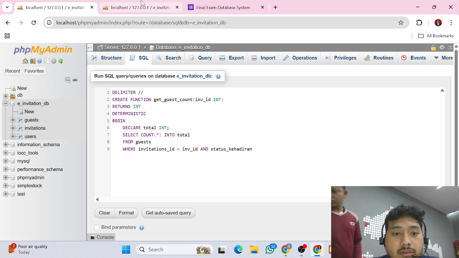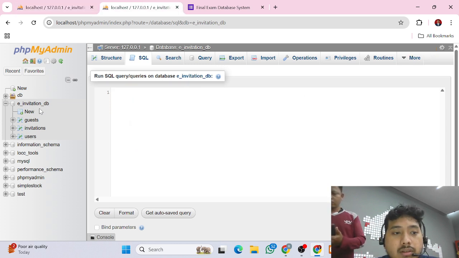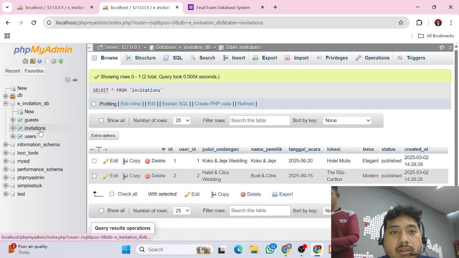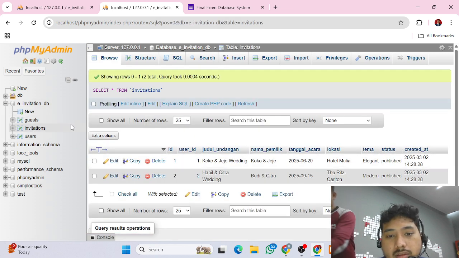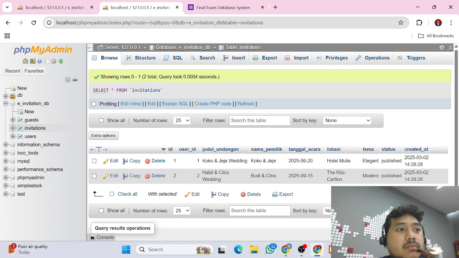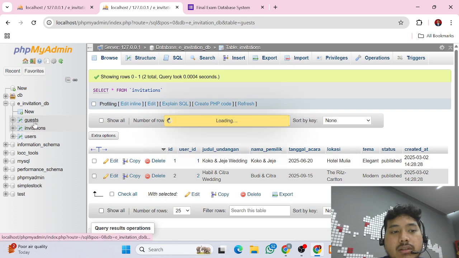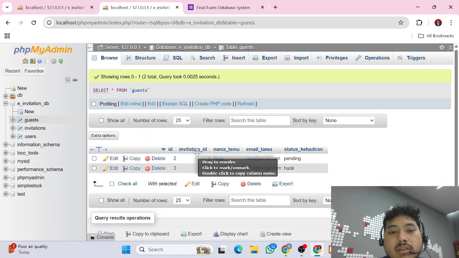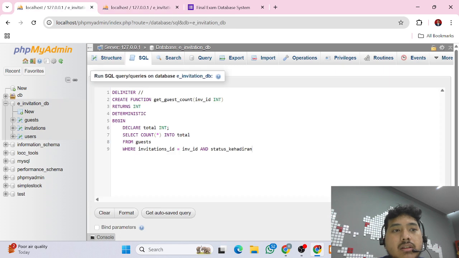Do we have this column in the invitation table? Let's see. Okay, I think we don't have that. Oh, maybe we can check the guest table. Oh, it's here, invitation ID. Okay, just let's continue to the SQL.